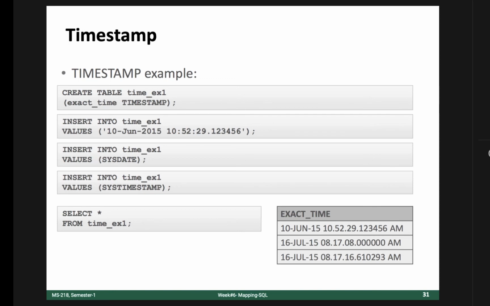When you are submitting that form, the data in the username and password text boxes will be submitted to the web server. The web server will take those values and ask the DBMS through SQL: select star from the Facebook users table, where username is equal to the username coming from the form that you entered, and password is equal to the password that you entered in the password box.